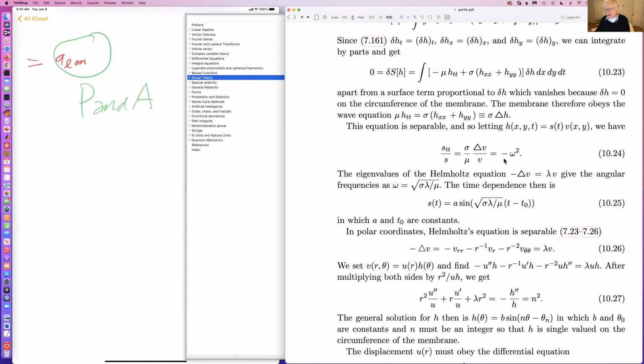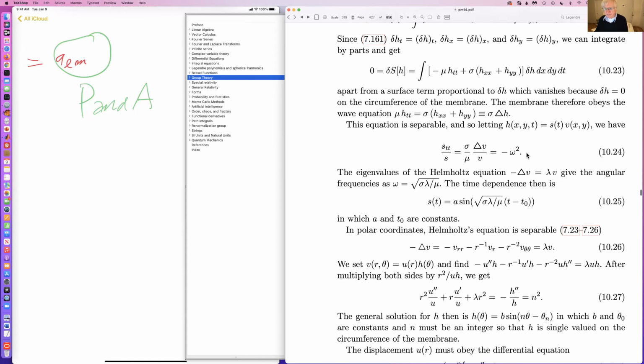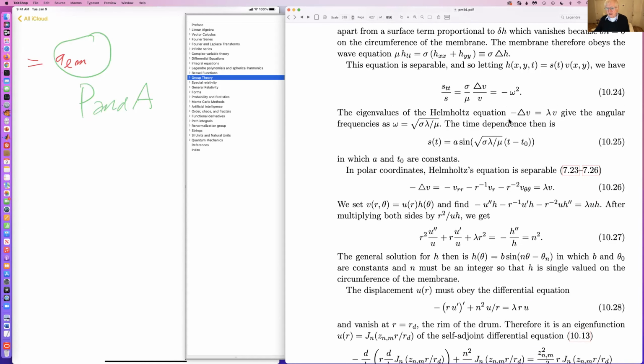They both then have to be constants. You can call a constant minus omega squared. The eigenvalues of the Helmholtz equation give us the angular frequencies in terms of lambda, as omega is then the square root of sigma lambda over mu. And so the time dependence altogether is two constants, A and